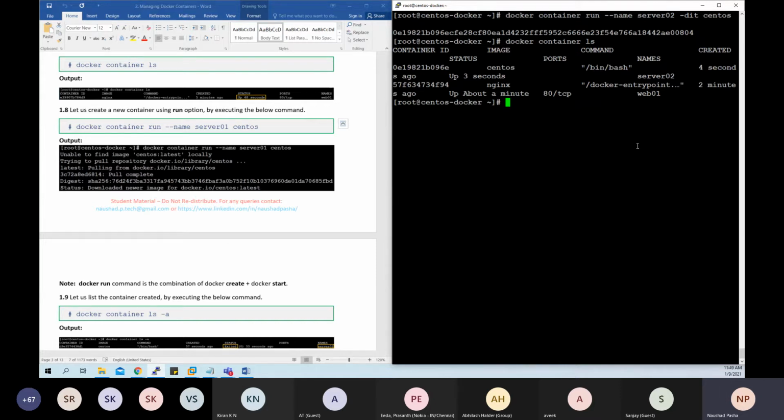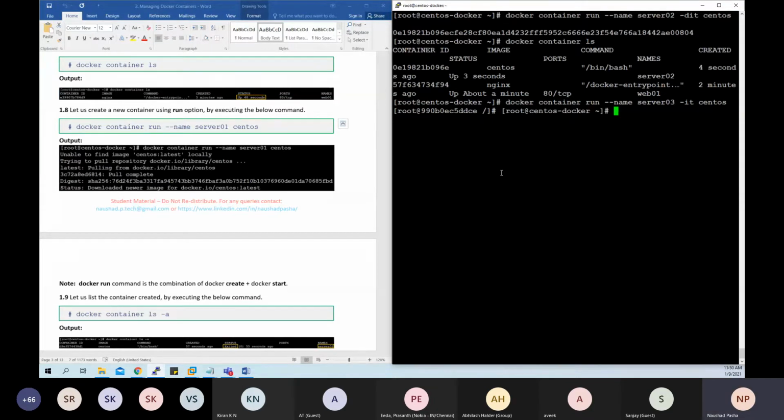If you want to explicitly make them run, even if you're not doing anything inside the container, you need to provide the interactive terminal. The -d here is detached or daemonized. IT is the interactive terminal. So you said detached or daemonized. What if I create one more container, server03, but I do not use the -d option? The container will get created and you will be inside the container. If you don't want to see yourself inside the container, you use an extra option called -d, detached.